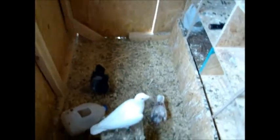And then the other 2 come over here with them. And so they're always over here waiting at the door. But one of these white pigeons tends to stay pretty close to them. I think it's this one that's kind of down here with them now. And that doesn't seem odd. But